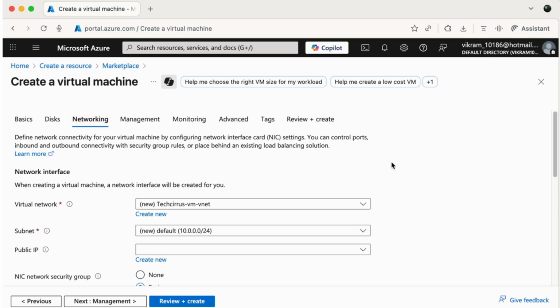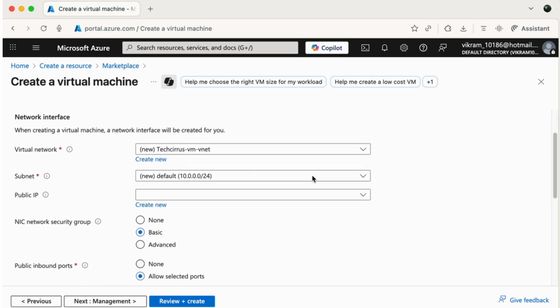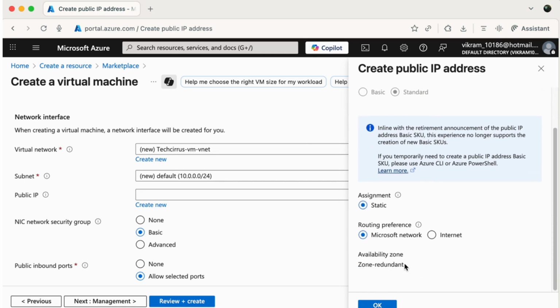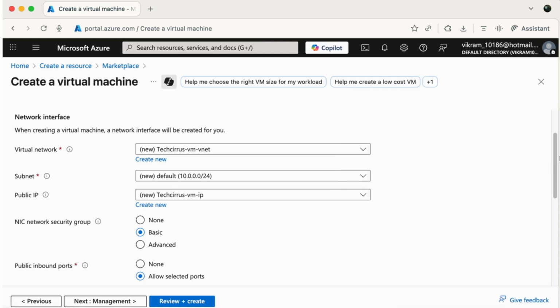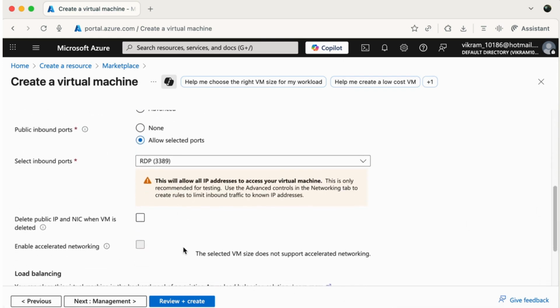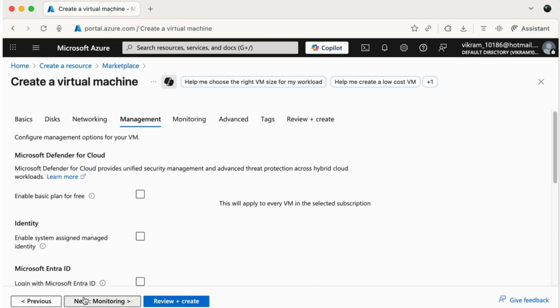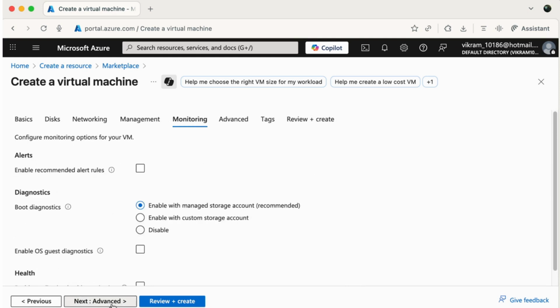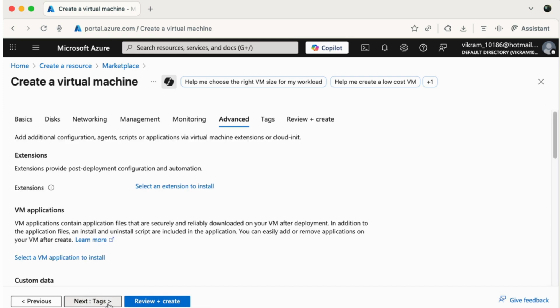Let's go with the networking. In the networking, you can either create your own VNet or subnet, but for this course, we will just go with the default one, no changes whatsoever. I will also create a public IP so that we can RDP into the VM. The rest I will leave as it is. These are all not mandatory fields. We will explore all these options in the upcoming videos. So leave as it is, just click next, next, next,